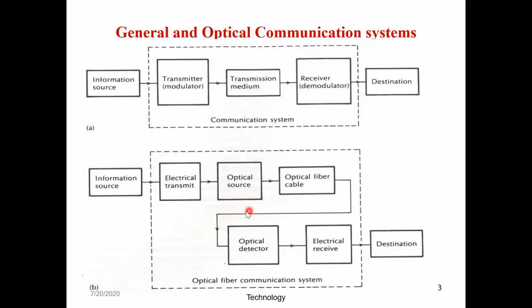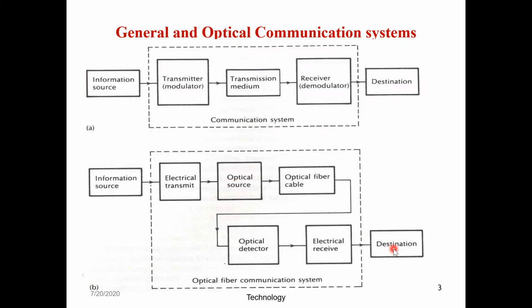Okay, now the signal propagates through the fiber optic cable and comes to the destination section. Now see, my destination again requires the signal in electrical form. We are not working completely in the light domain, so that is still one of the disadvantages of fiber optics. So an optical detector will convert the optical signal back to an electrical signal. Whatever electrical signal we receive here has to run the destination properly, so we have an electric receive circuit, which will make the signal appropriate for the destination.